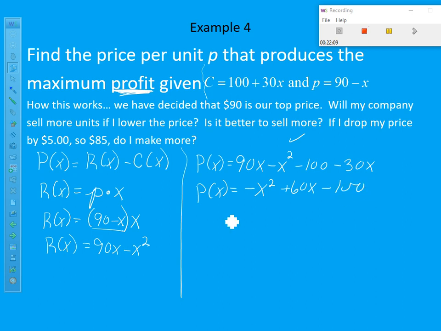Let's find this derivative and set that equal to 0. Now be careful here so we finish this thing out correctly. X is going to be 30. What does that mean to you? It means that we are going to sell 30 units